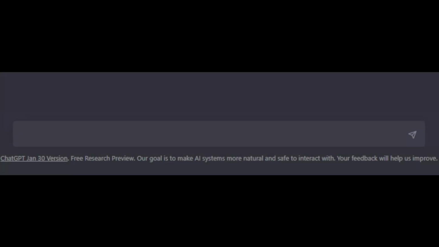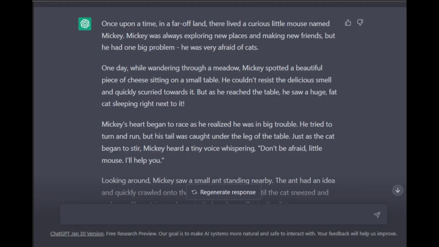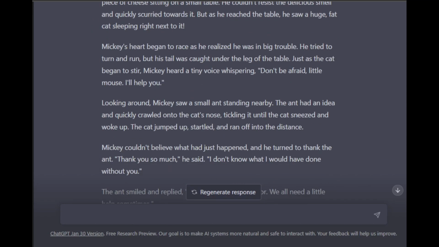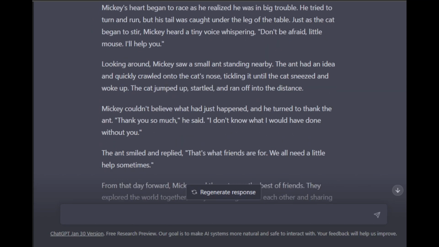Once you have all the details ready, like the characters that you wish and the number of words you need, you can begin. Open ChatGPT. Let's do this step by step. Prompt: write a story for kids 5 to 8 years old. Our instructions were pretty basic, so the response can be improved. Let's breathe more life into it.